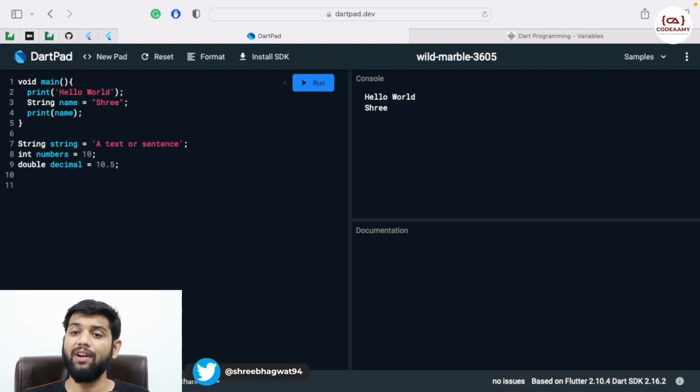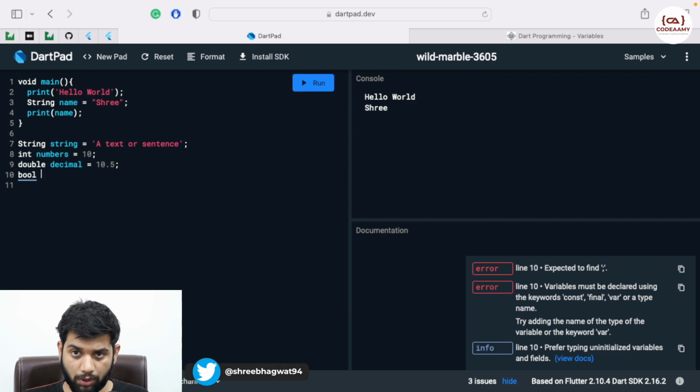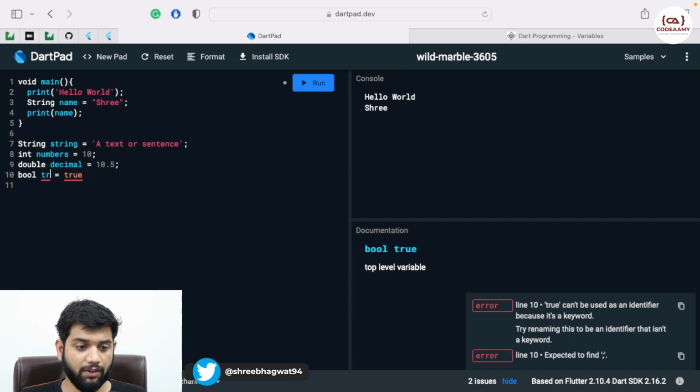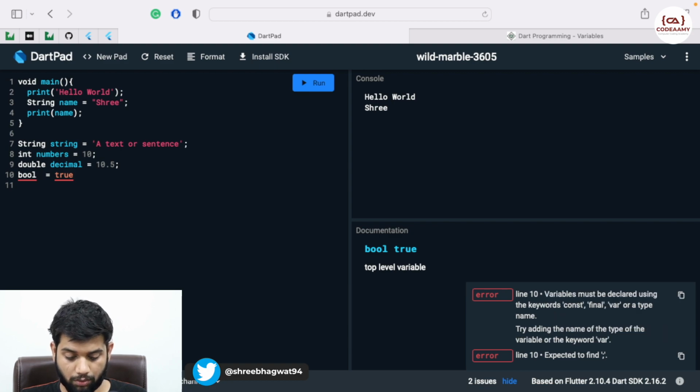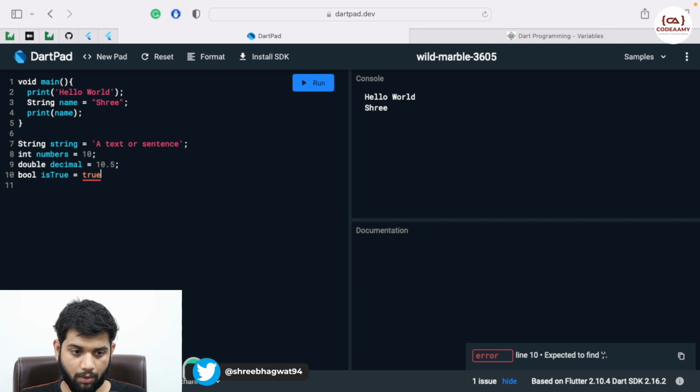There is one more data type called boolean, which is denoted by the keyword bool, and it means true or false. It can only take a value of true or false. So for boolean I will write isTrue is equal to true, but we cannot give this variable the name true.